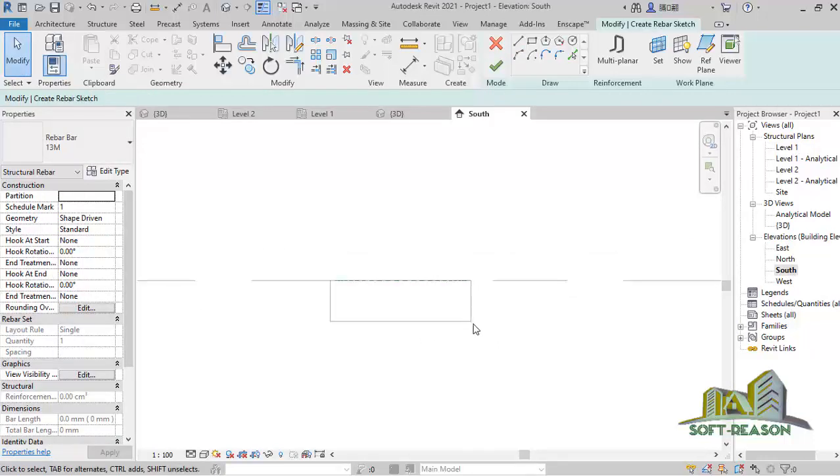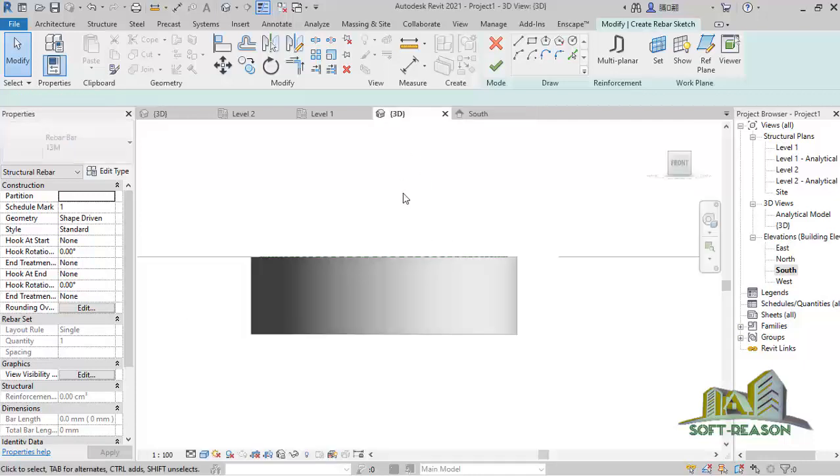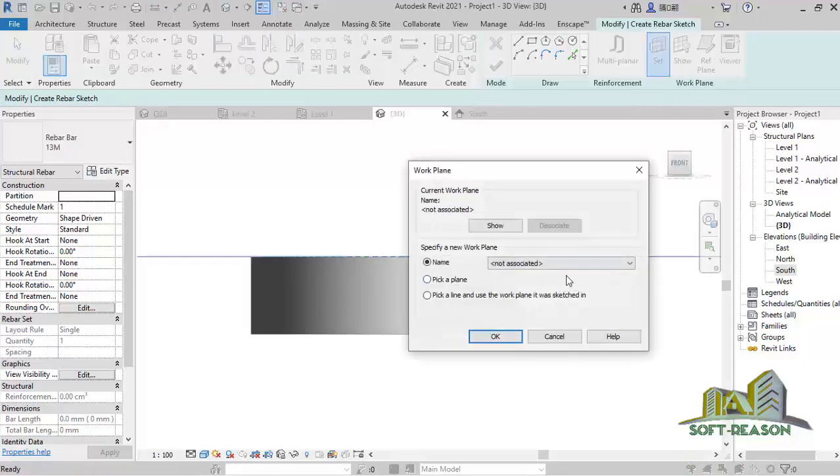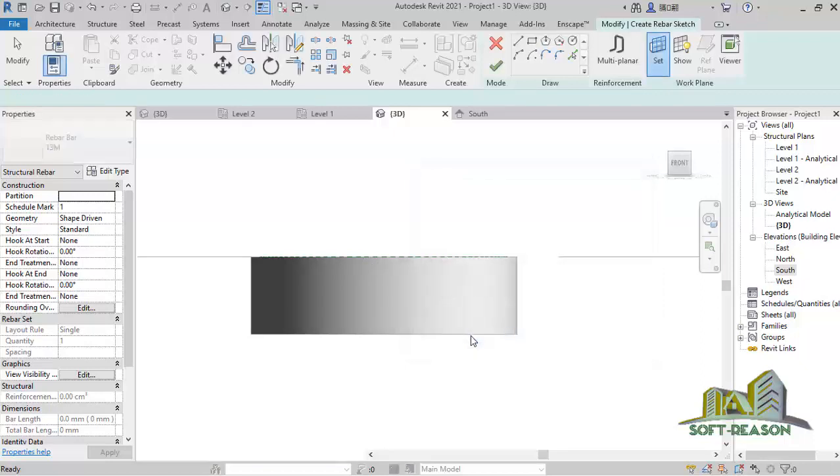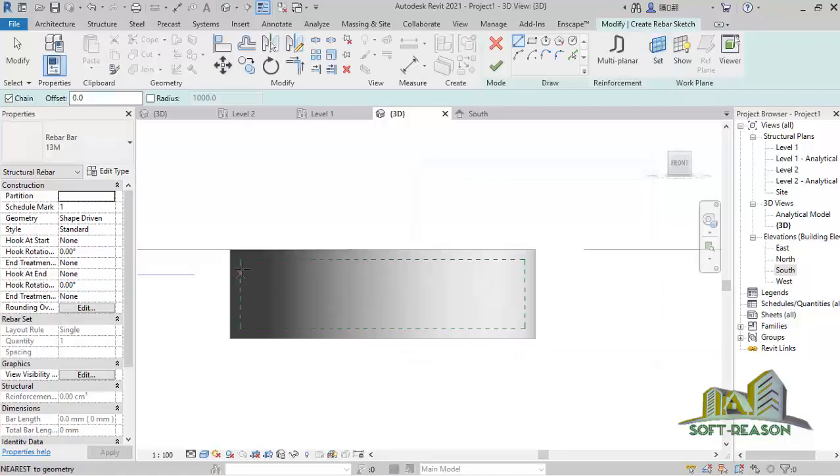So at this south elevation now, I want to set work plane. So I can still go back to the 3D, come to work plane. Then I will click in this drop down menu and select center, which is the reference plane I set previously. Click on OK. So you can see now it has provided me with a concrete cover dotted line for me